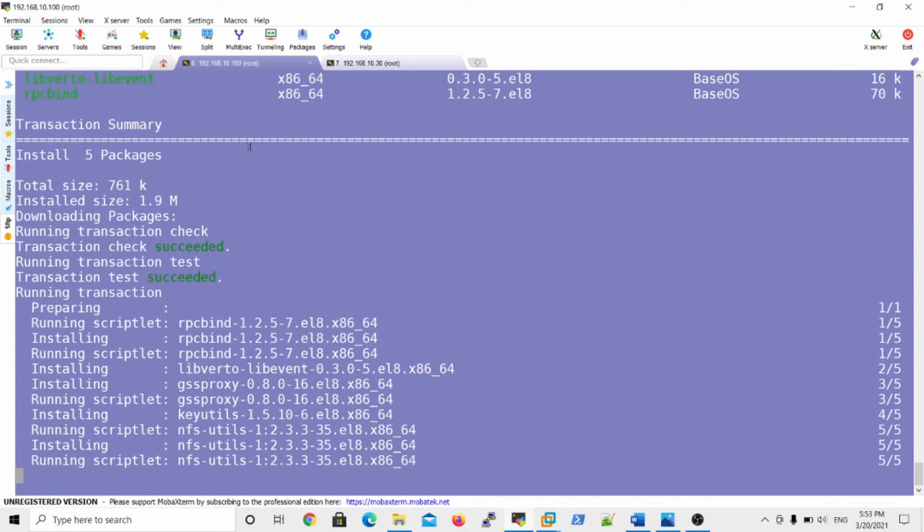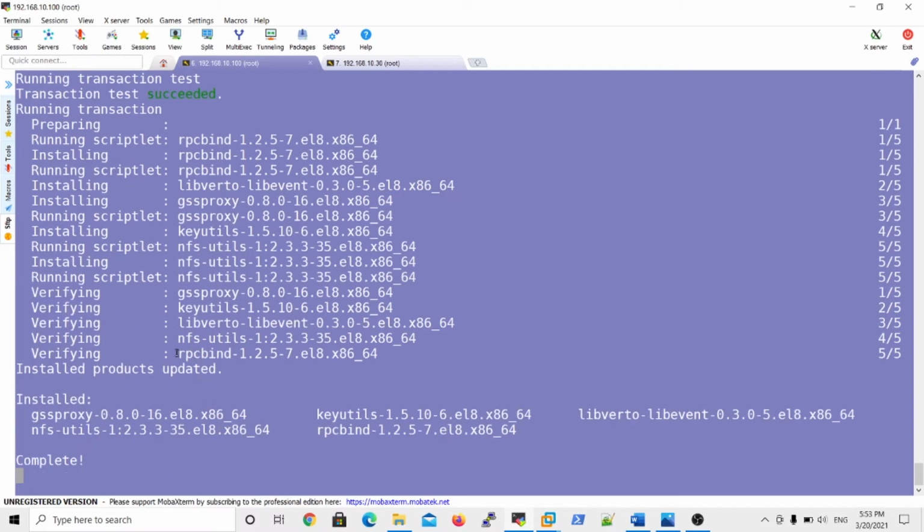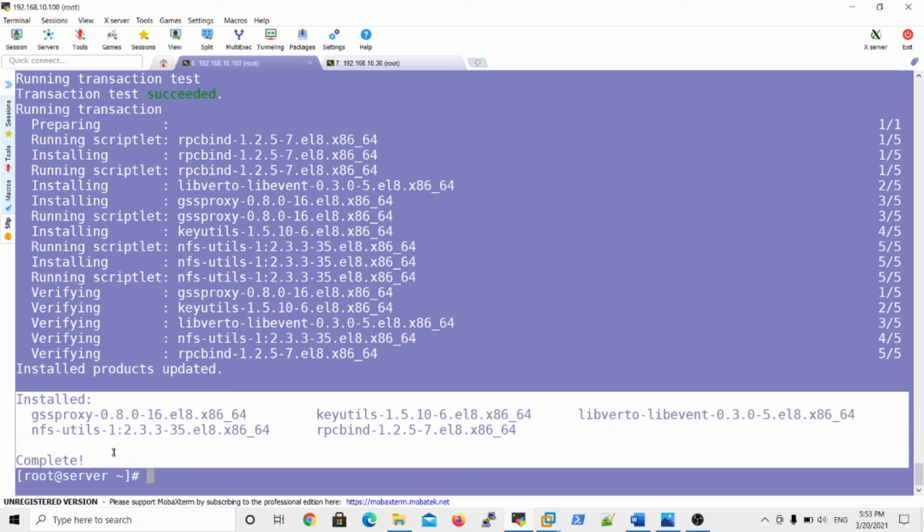See this, I did not mention any rpcbind package, but it is included with nfs-utils. So rpcbind is also installed and the nfs-utils package is also installed. Now your package is successfully installed.